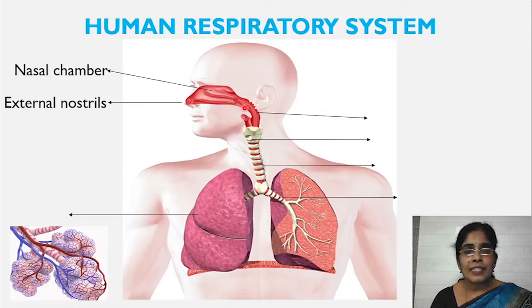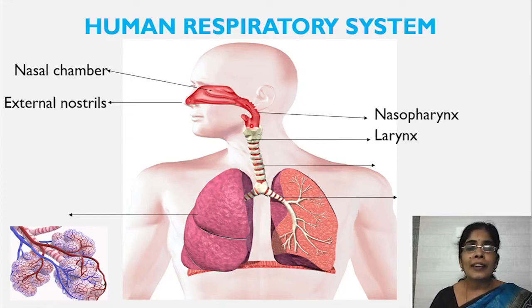Now, these nasal chambers lead into the pharynx. Pharynx is the common passage for food and air. This pharynx leads into the larynx through an opening called the glottis. This glottis is covered by a flap-like cartilage known as the epiglottis. At the time of swallowing of food, this glottis is closed by the epiglottis to prevent the entry of food